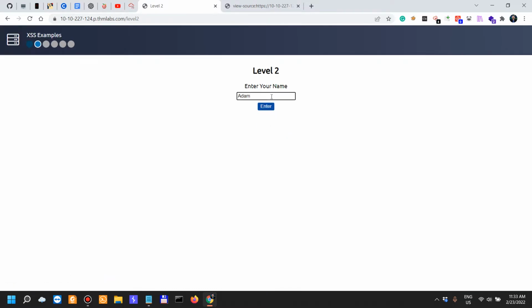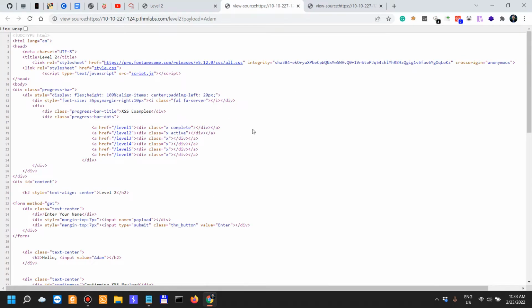Again, I have to say that I have the biggest disregard for XSS. The biggest